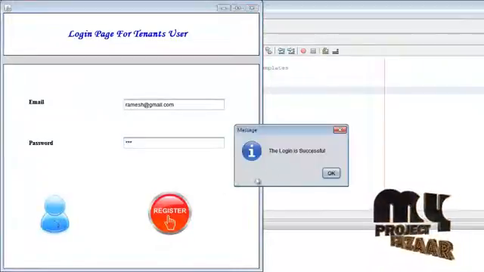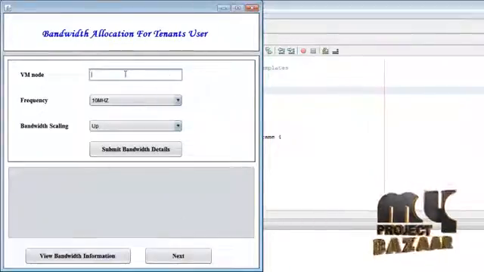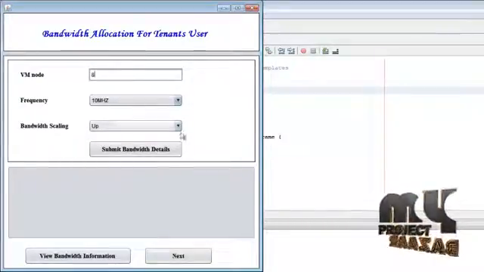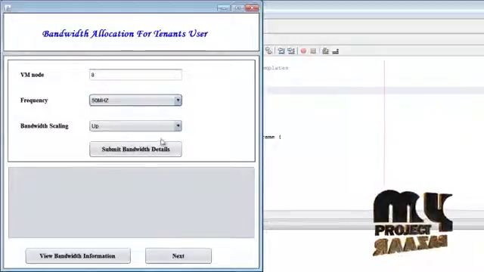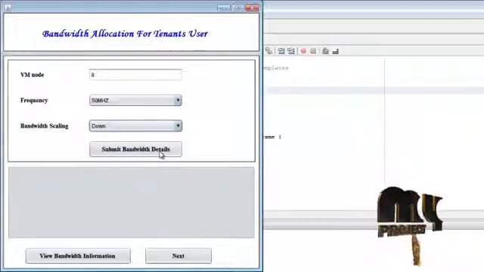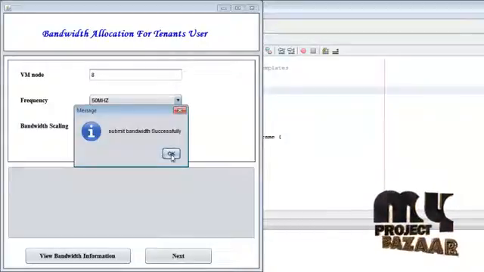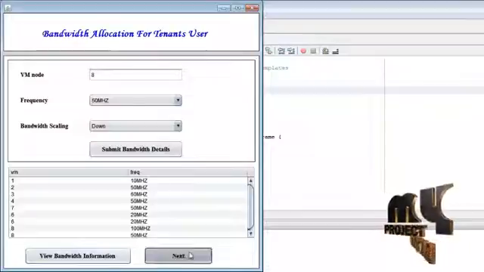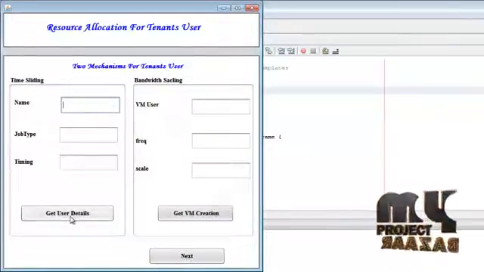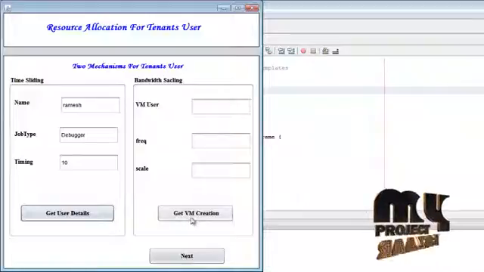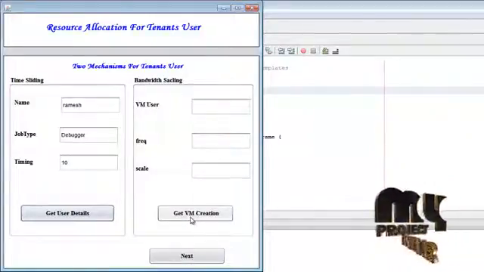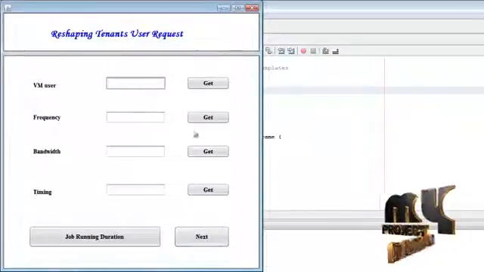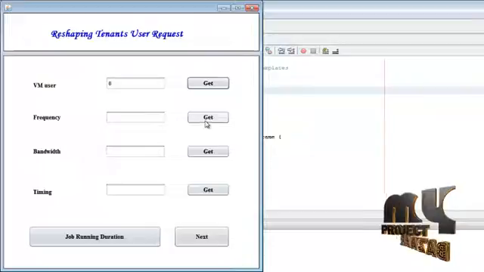and login successful. Go to the next page and create the node for a VM. Select the frequency and bandwidth scaling and submit the bandwidth details properly into a database, and view the bandwidth information in the table. Go to the next page and get the user details for time sliding and also the bandwidth scaling for resources, and go to the next page and get the users to reshape the request,